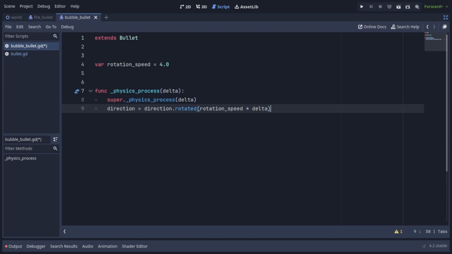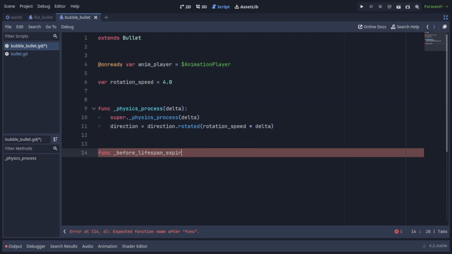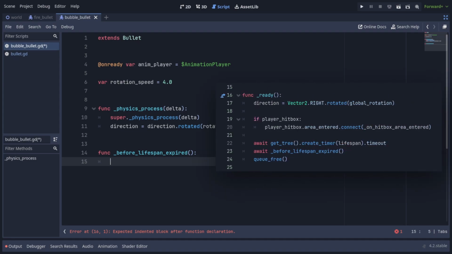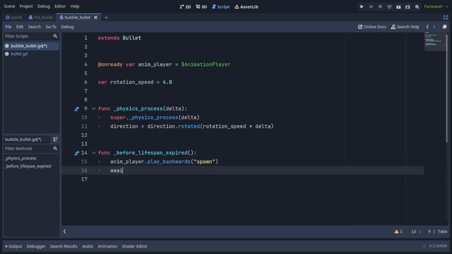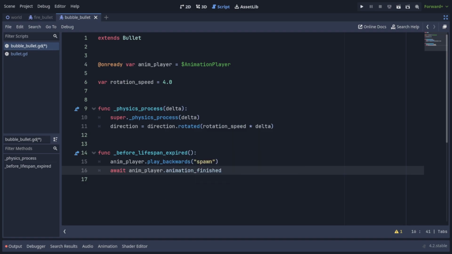Now we can play the spawn animation in reverse when the bullet is getting deleted. So we're going to get the animation player from the scene tree. And now we get to use the virtual before lifespan expired function we prepared earlier. If you remember, this is the function that gets called right before the bullet's lifespan expires and it gets deleted. In here, all we have to do is call animation player.play backwards and pass in the animation name, which is spawn. And then we have to await animation player's animation finished signal to make sure the animation is finished before